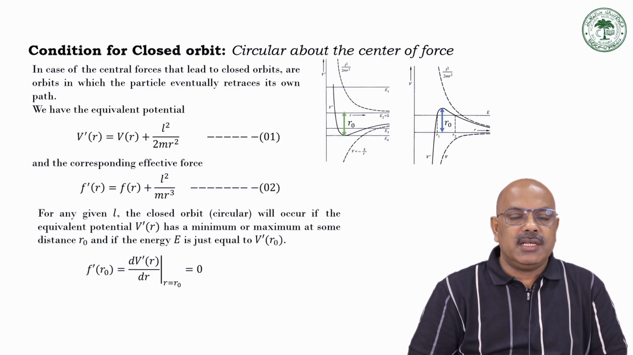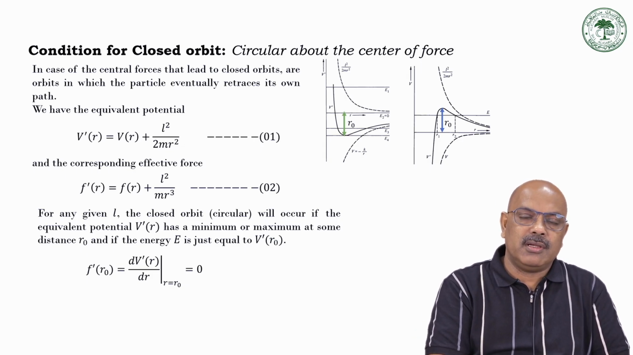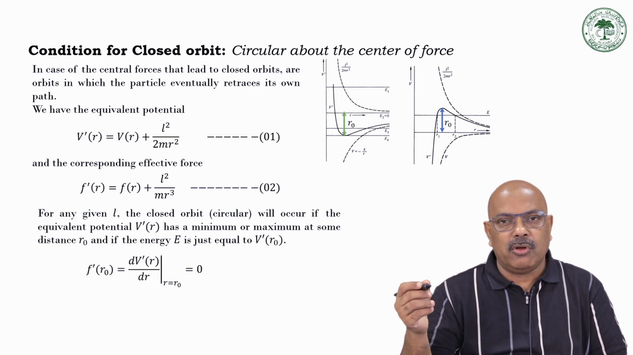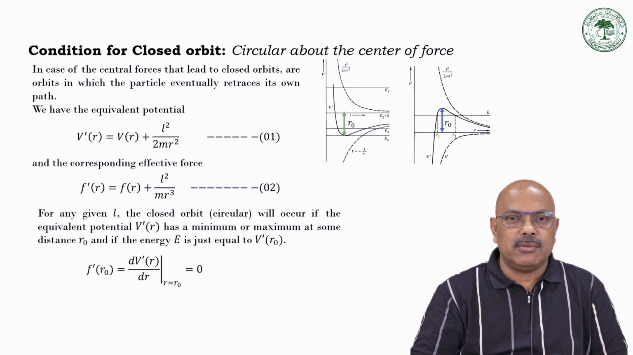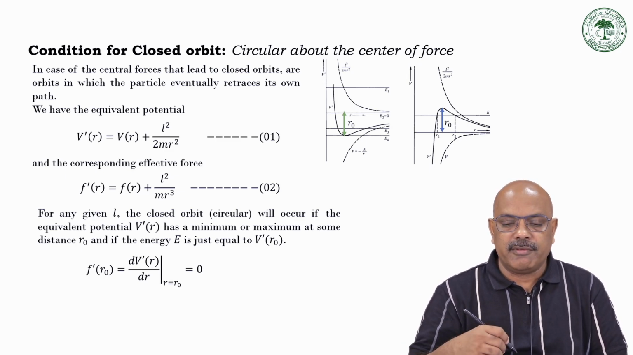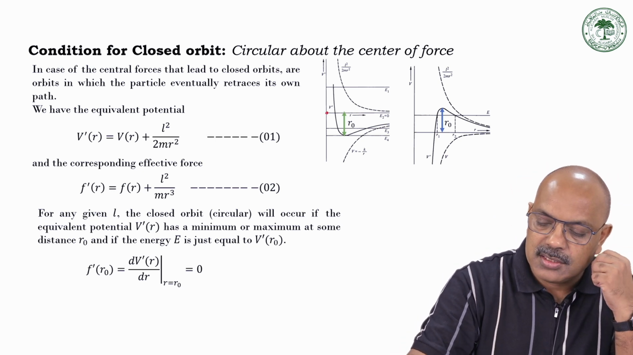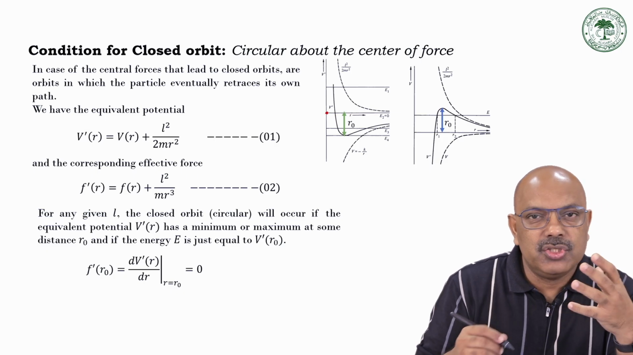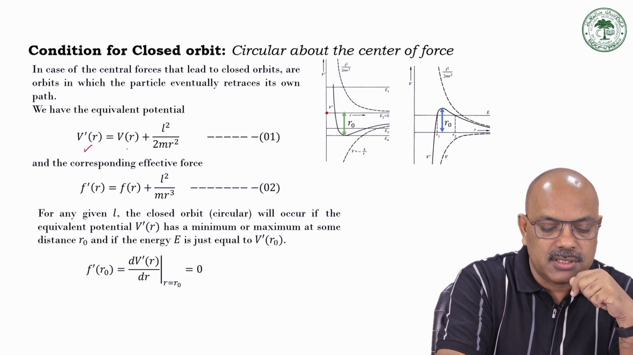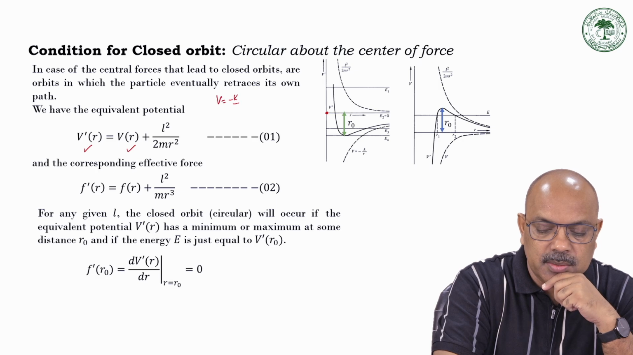Then we started to learn what the conditions are for a closed orbit. In central field motion you can have a closed orbit, an open orbit, and a circular orbit. Particularly we are going to learn about the circular orbit about the center of the force. The potential we talk about is the effective potential, V prime of r, which consists of the real potential, minus k by r,